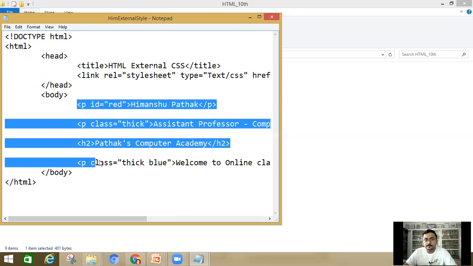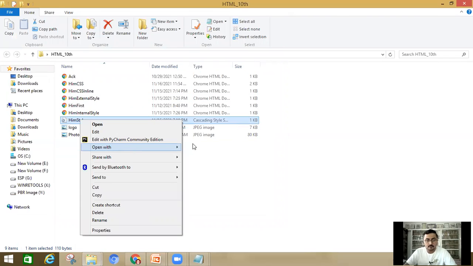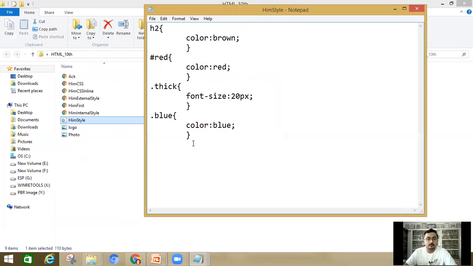So here is the CSS, hymnstyle.css. I'm going to open it for you. The same thing that I had written in the head section in the style tag: H2 color is equal to brown, hash red stands for ID selector, dot thick and dot blue stand for class selectors.